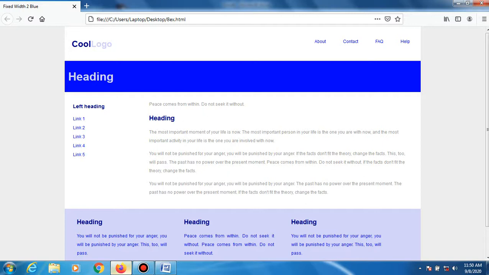Instead of the word headings, the user can change the heading tags, the name as per the requirement.